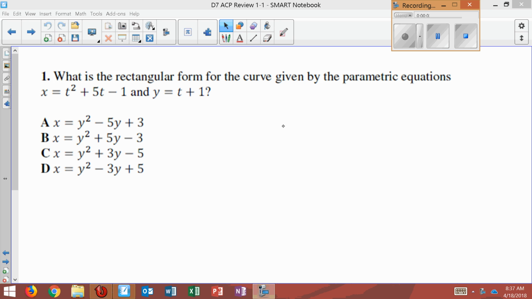Number 1, what is the rectangular form of the curve given by the parametric equations x equals t squared plus 5t minus 1 and y equals t plus 1? Okay, I'll show you multiple ways of doing this, but the 2 steps that we learned to do to solve